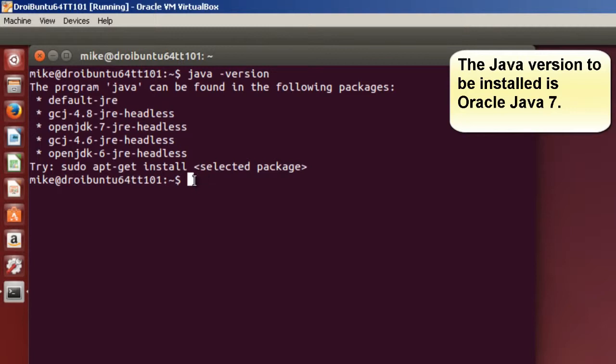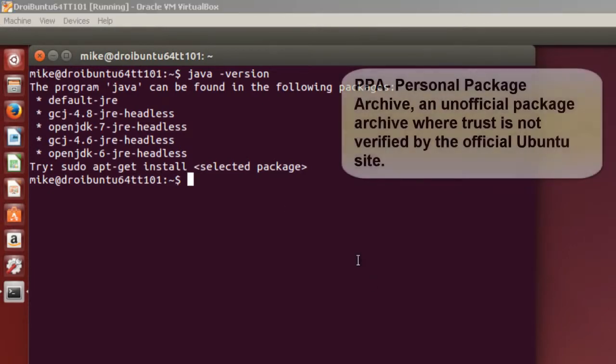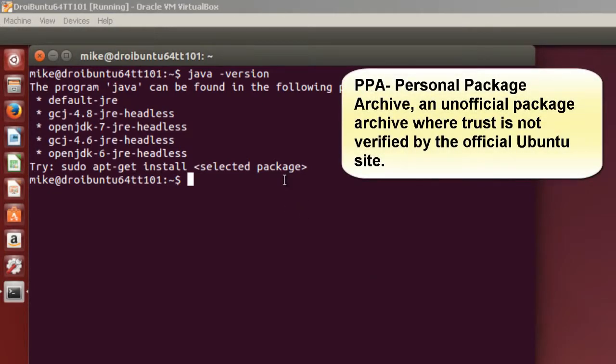I thought I had Java on an earlier version of 14.04, but it's obviously not on this version, which has all the latest updates installed. So I'm going to use a PPA. I believe it stands for Personal Package Archive. And of course I'm going to have to use sudo